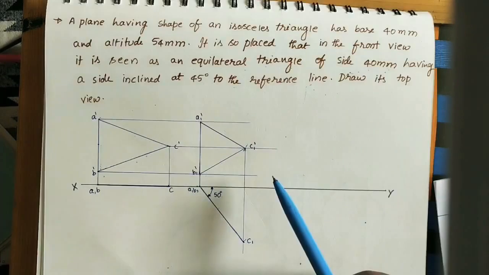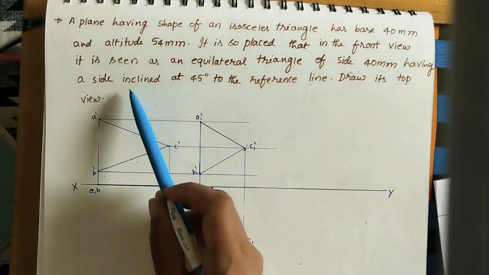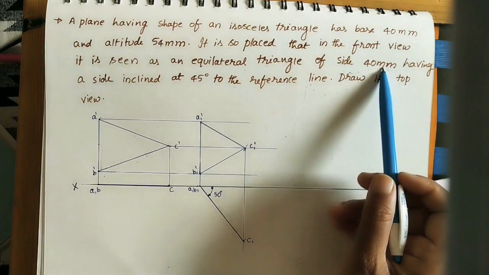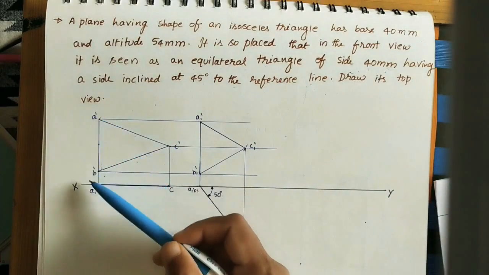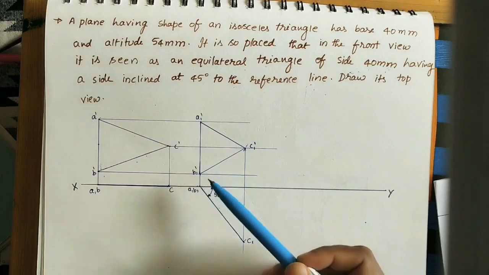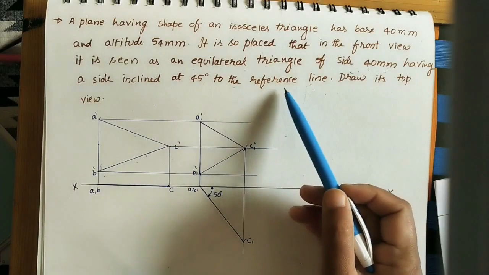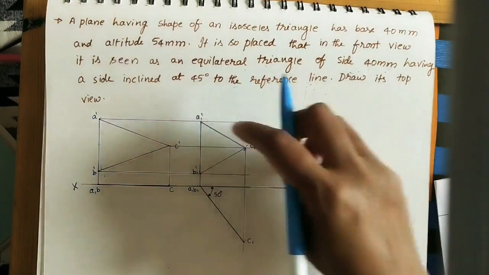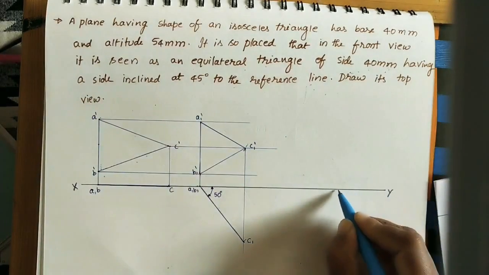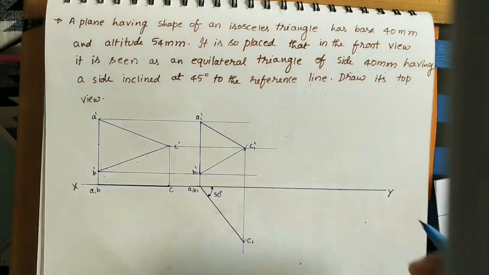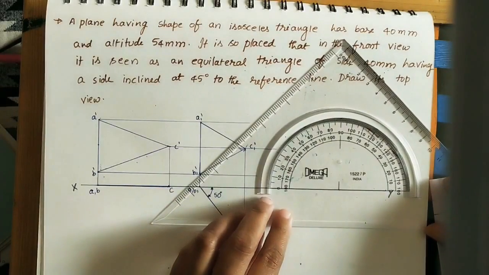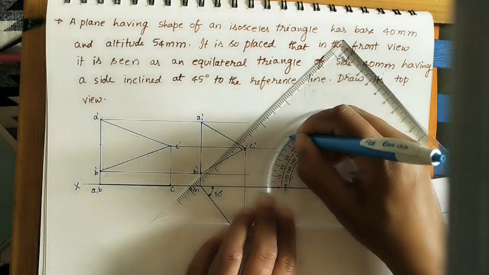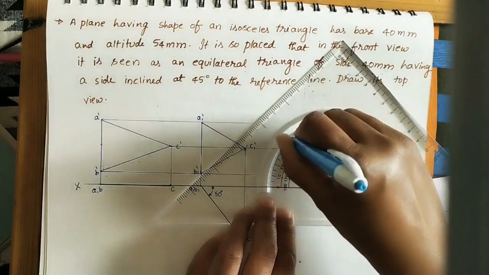Okay, got it? Next, he has given a side inclined at 45 degrees to the reference line. Whatever the 40 mm side is, in both cases, which is the 40 mm? This side and this side, 4 centimeter. This side is making a 45 degrees angle with the reference line. So we need to take this line on the 45 degrees line. First take the 45 degrees line. Just take any point here. At this point, mark 45 degrees. We can take this side or this side. It is our wish. So here I am getting one point.